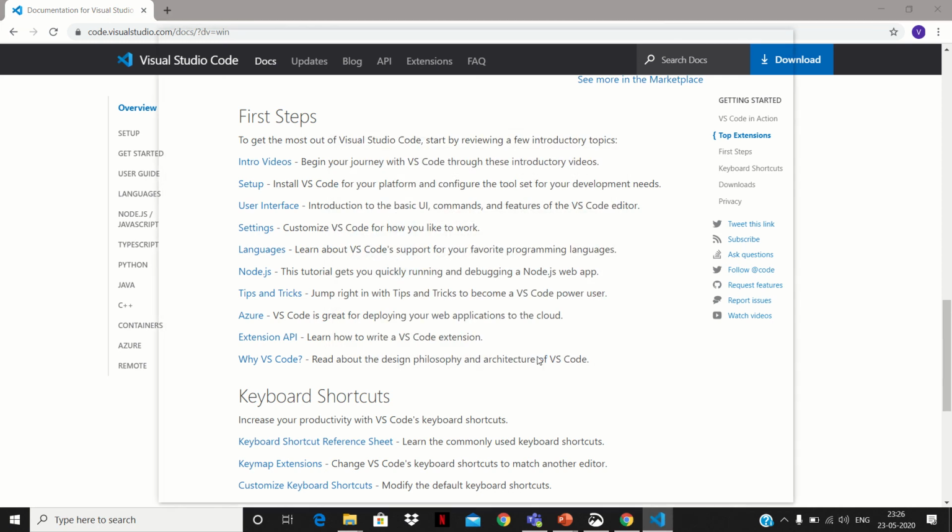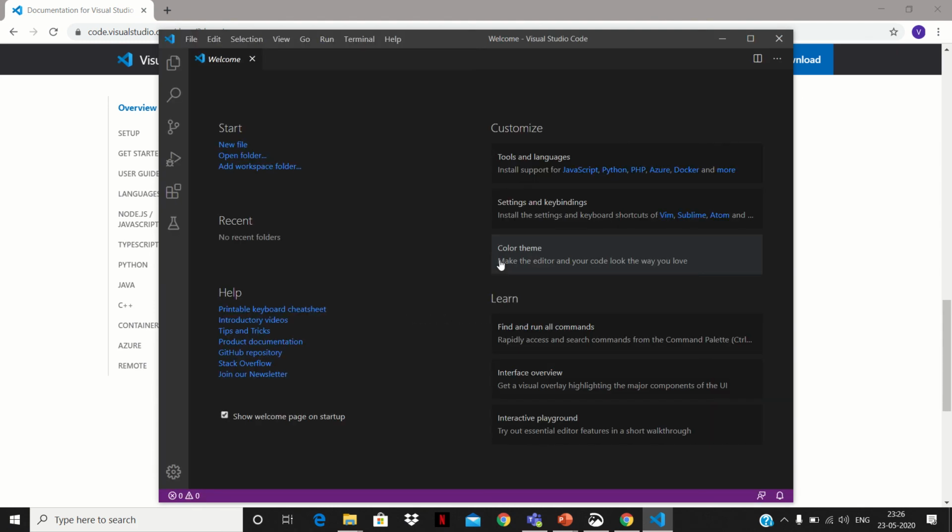It will take some time, but it will open up and show you some details on how to get started. You can see there are tools, settings and color theme. You can learn many things about the commands and interface overviews, and it has an interactive playground to